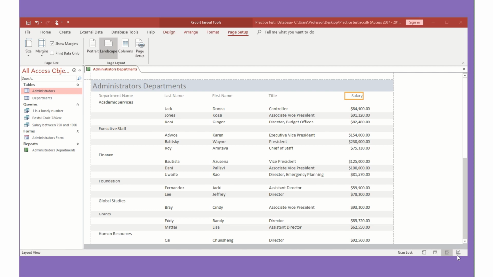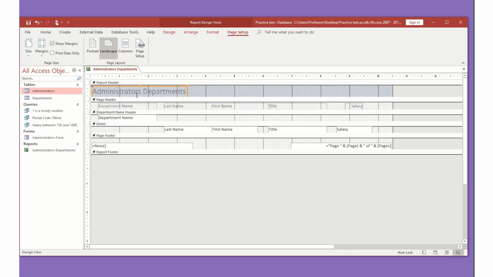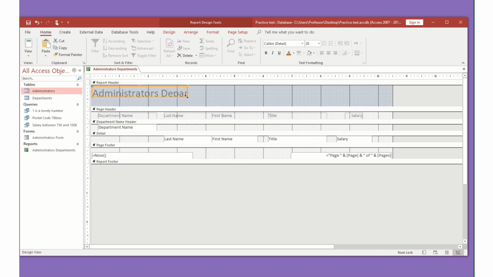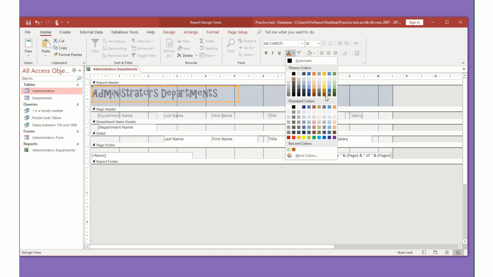I'm going to go to Design View, come down here and switch to Design View, and click on my Administrators heading. And we're going to make the font size larger and change the color and style. So I'm just going to head over to the Home ribbon. And again here, I can just choose a larger font. I might need to move this down and open this up so that we'll be able to read it all. Change the style, the color,